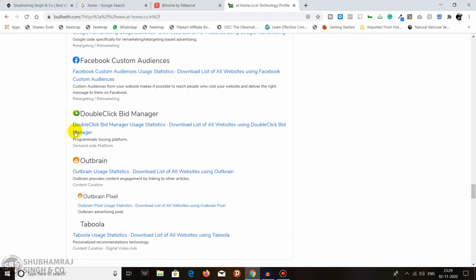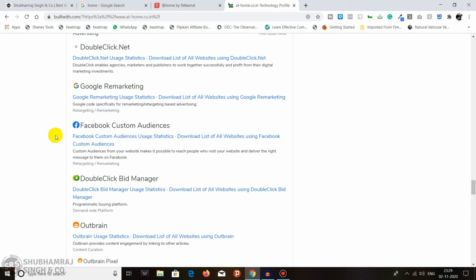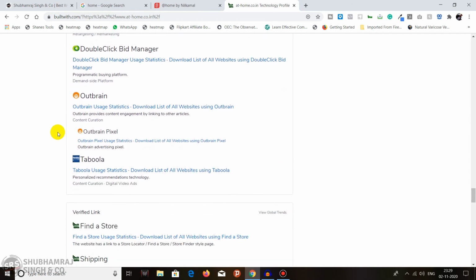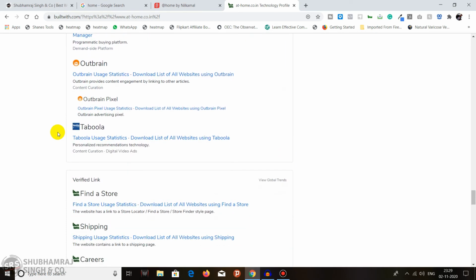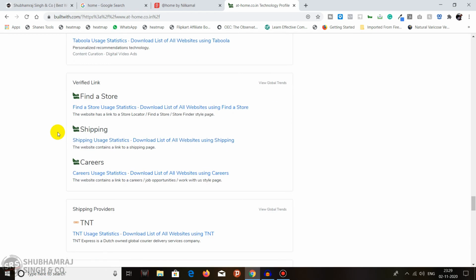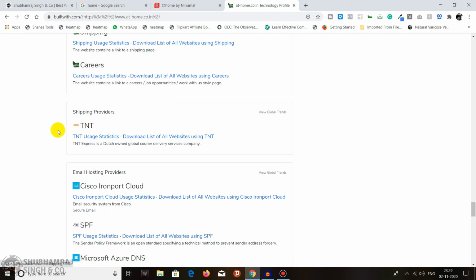Google remarketing, Outbrain. For people who don't know, Outbrain and Taboola are native advertisement platforms. They are also using Facebook custom audience. If you don't know, there is an option in Facebook Ad Manager to create a custom audience, like 30-day visitors on my website or on a particular page. TNT is a shipping provider.